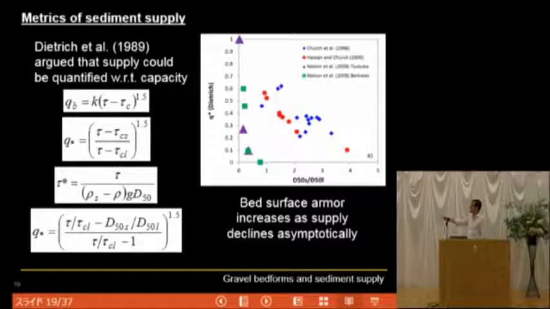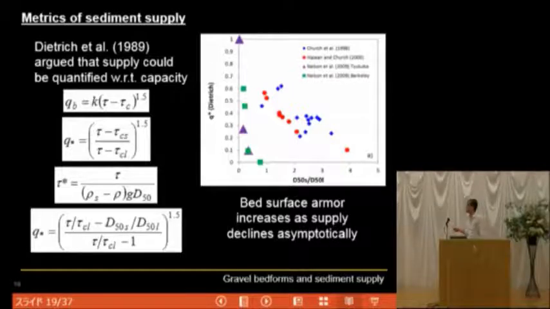And so I plotted that up right here against what is sort of a pseudo armor ratio, right? So this is the D50 of the surface divided by the D50 of the load. And we assume that this is an armor ratio because we assume the load has the same grain size distribution as the subsurface material. And what we find is we get basically this asymptotic decline in Q star as we go to higher and higher armor ratios. So that's exactly what Bill found, and what I've done here is I've added our data in from